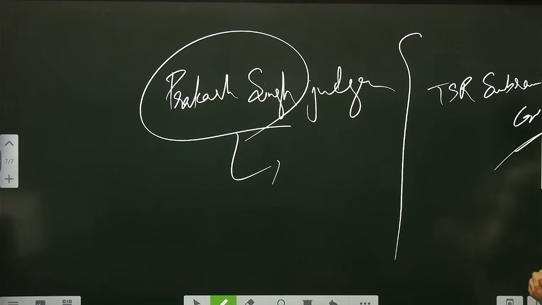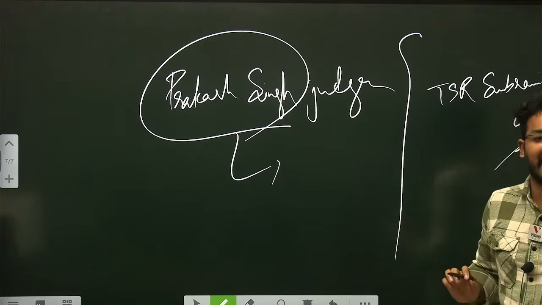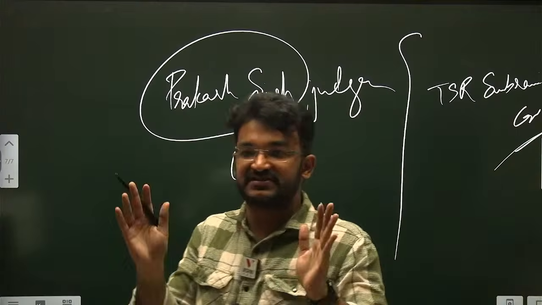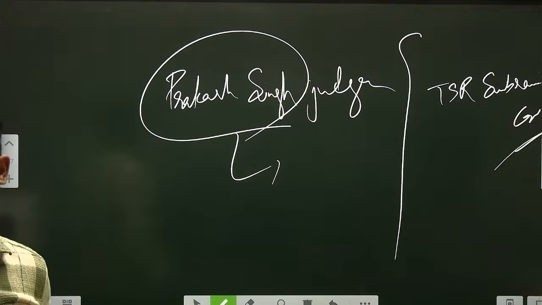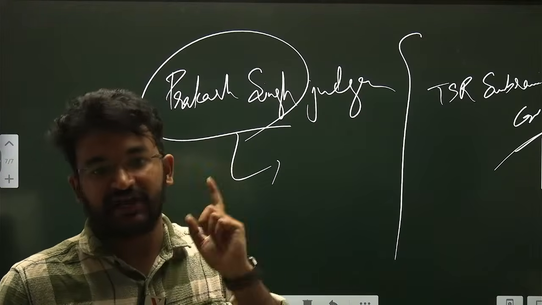In this judgment also, Prakash Singh is a police officer, TSR Subramaniam is an IAS officer. They went to the Supreme Court because they got affected by these whims and fancies of the people. In those judgments, Supreme Court had given the guidelines. అర్థమైందా? Now both of them you will be learning in your governance